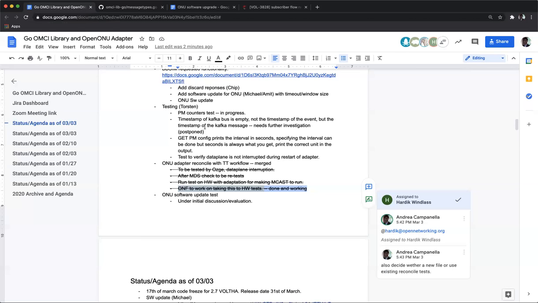Then, another hint I've got from a colleague from Atran. He has the same problem with his timestamp in the Kafka bus. It is -1. That's the second point here. So I don't know who's the Kafka expert here. Maybe someone has an idea why it has a wrong timestamp.